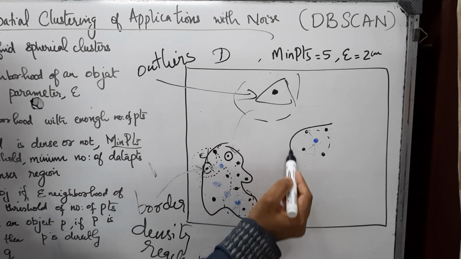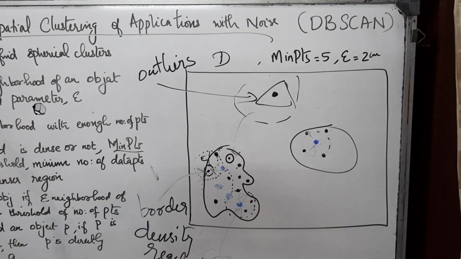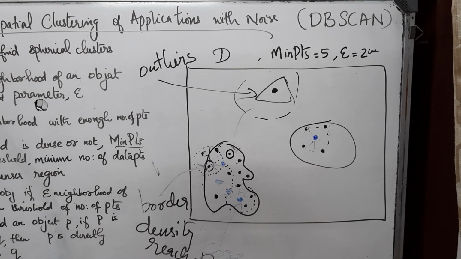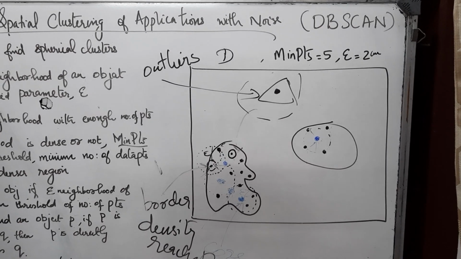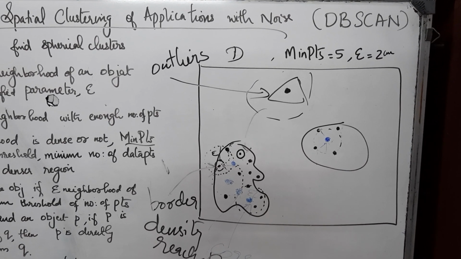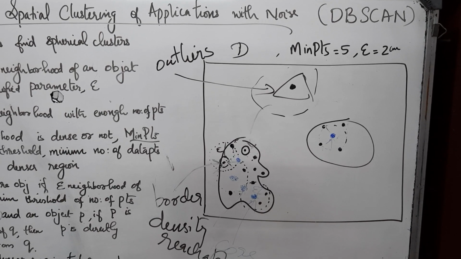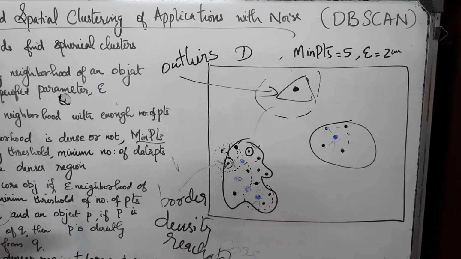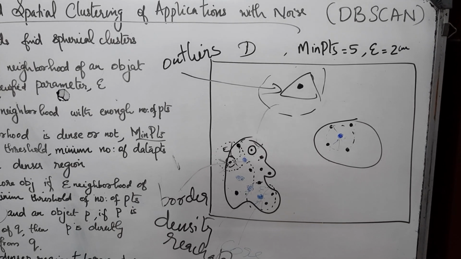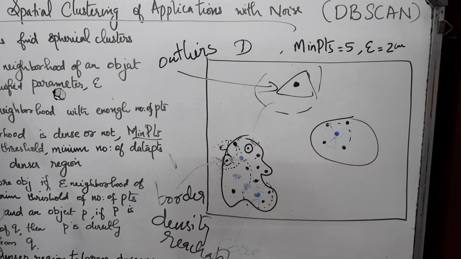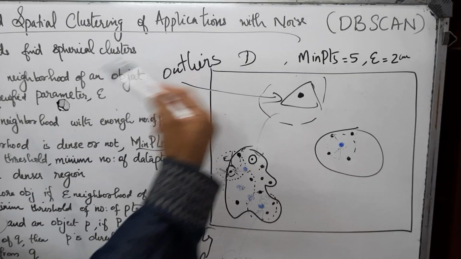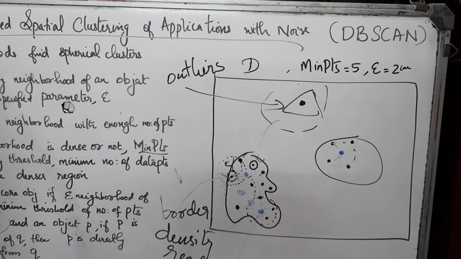See what the shape of the cluster is. This is not a spherical shape. The K-means algorithm, K-medoids algorithm, and any kind of hierarchical algorithm mainly concentrate on spherical shaped clusters. Here we are not concentrating on spherical shaped clusters. Here it is mainly concentrated on how dense the region is. For example, in the case of cancer disease detection, cancerous cell detection, we will check how much depth it has undergone, or in which area it is more dense, and it will remove all those outliers. That's all about the DB-scan algorithm.